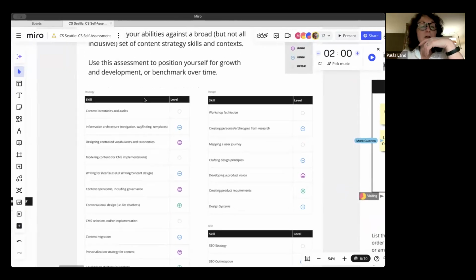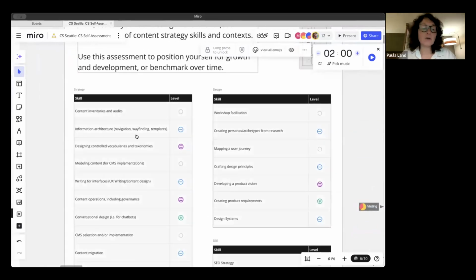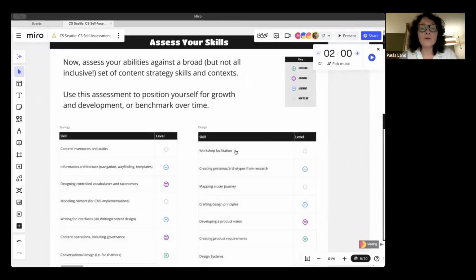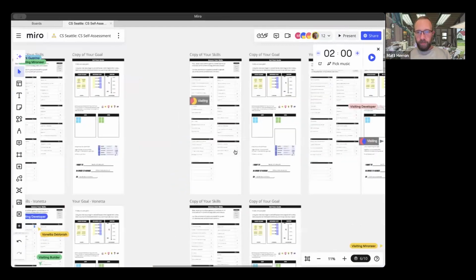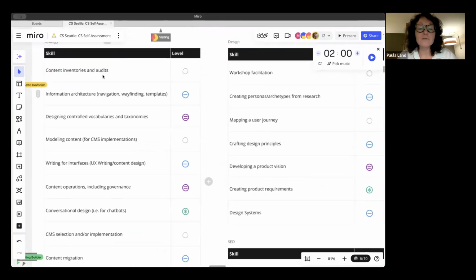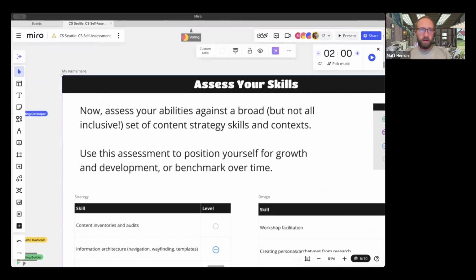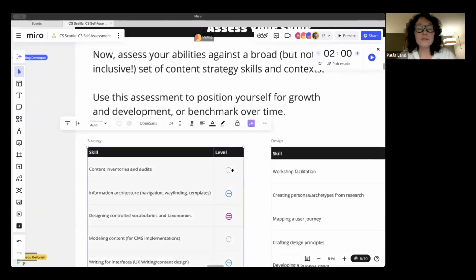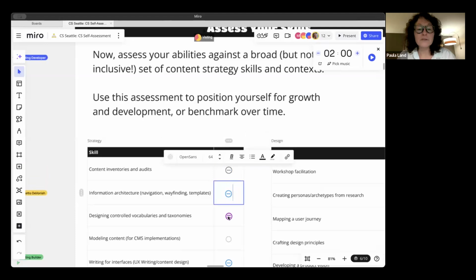If it wasn't clear, he's created a bunch of copies of this set of skill assessments, so you can grab one for yourself, put your name on it, so that it's clear it's yours. And then there's a list of skills, and then up next to the text up there, there's a set of these